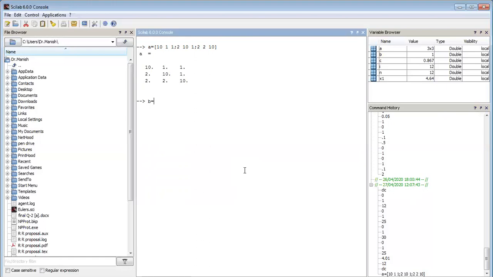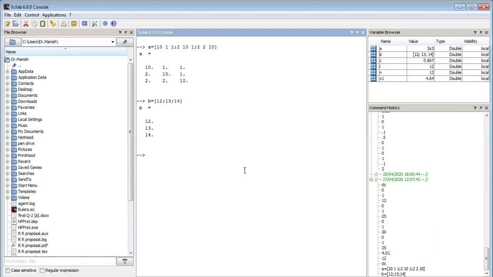B in this case is a column matrix. So we are going to write down the entries, but after every row we know that we have to enter the semicolon. Here there is only one entry in each row, so we just write 12, then semicolon, 13 semicolon and 14. So this is my column matrix. You can see here the column matrix.